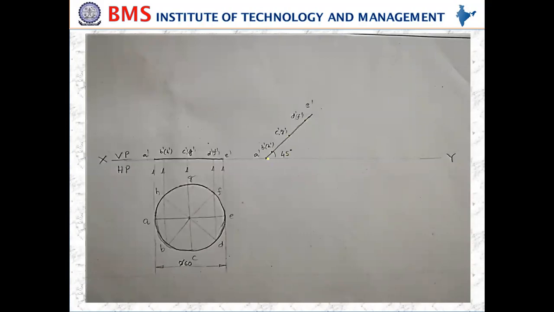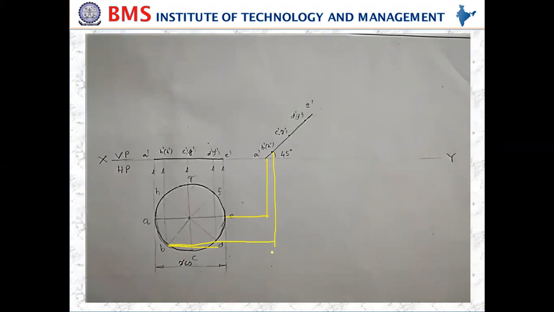Then you need to draw the vertical projection of A dash. Draw the vertical projection first, then from A, you can draw a horizontal line, and both will intersect at this point. Now start once again from B dash. From the B dash projection, draw one vertical line, and from B, draw a horizontal line. Of course, this will pass through D.